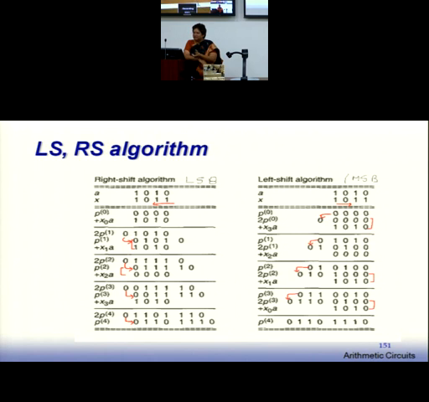Serial means generate one PP row, store it. Generate second PP row, store it and then add. Get the result. Then generate third PP row, add it to the sum that you already have. Then get the sum of 3 rows, and then generate the fourth PP row and then add. Kind of a serial operation.